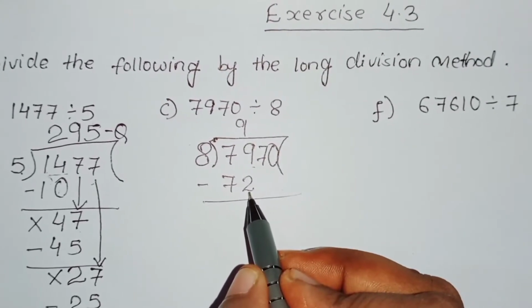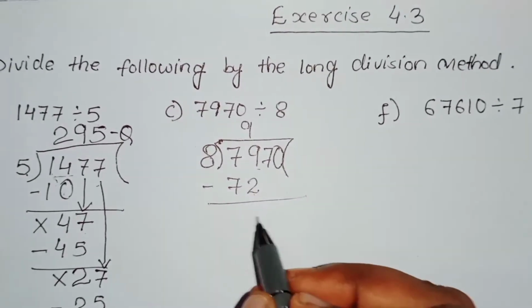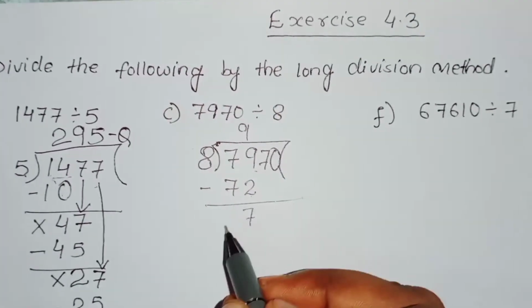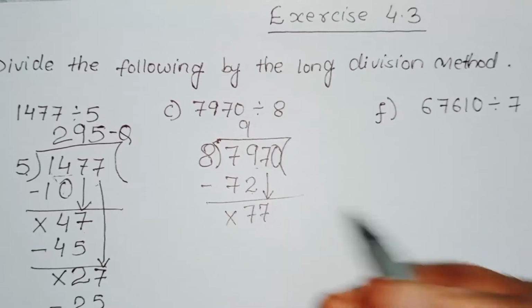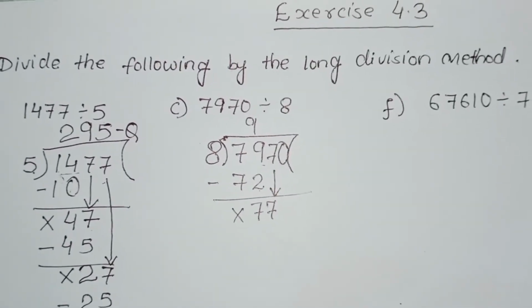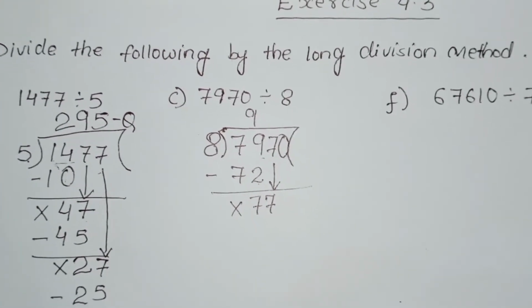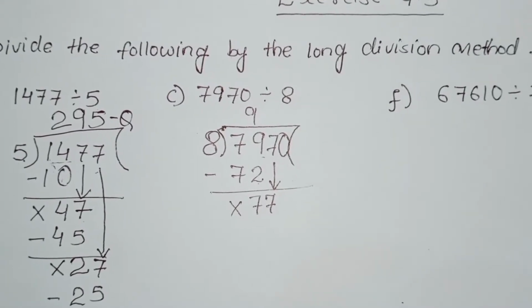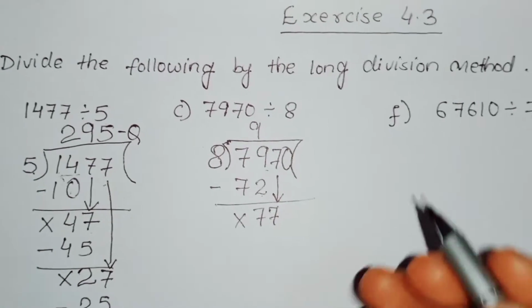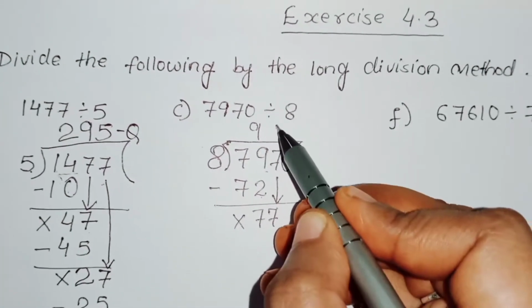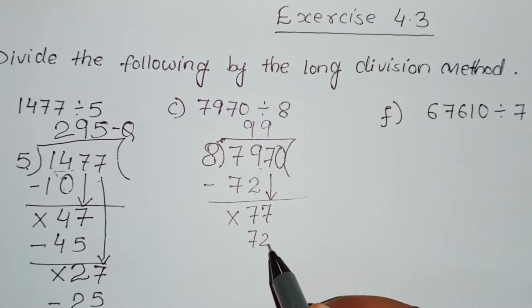Now subtract it. 9 minus 2 is how much? 9 minus 2 is 7. 7 minus 7 is 0. So put the cross. Bring this 7 down. 77. So in 8 table, 77 is there? No. Just now we read the 8 table. 8 9 ja 72, 8 10 ja 80. So again we have to write 72, because it is less than 77. So 8 9 ja 72.